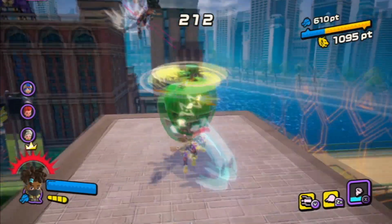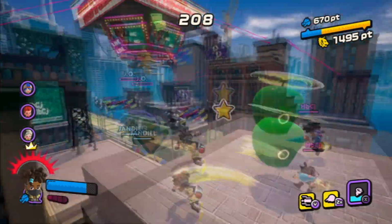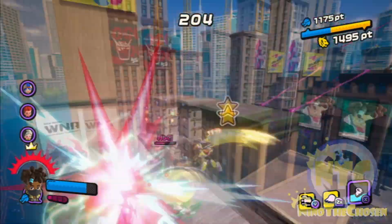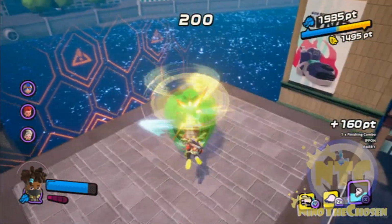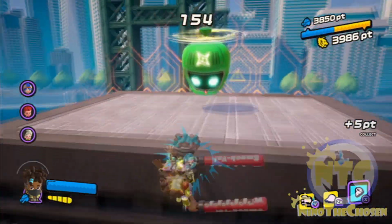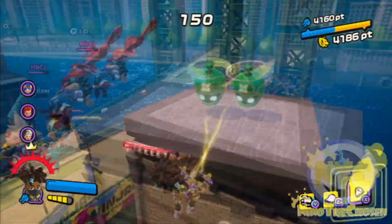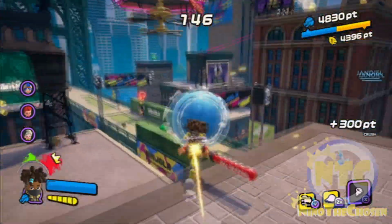And today we are going to be doing our first weapon analysis series on both the Ippon Katana and the Scroll Blade. Now, there are two katana-like weapons we know so far. We have the Ippon Katana and we have the Scroll Blade. We also have other katana-like weapons, which are the drill, but that will be showcased in another weapon analysis since they are extremely different. But here in this video, we'll just be talking about both the Ippon Katana and the